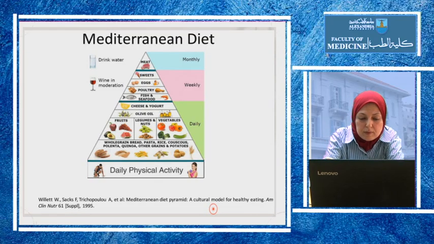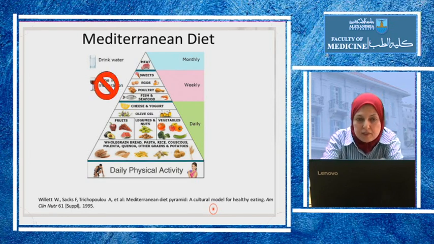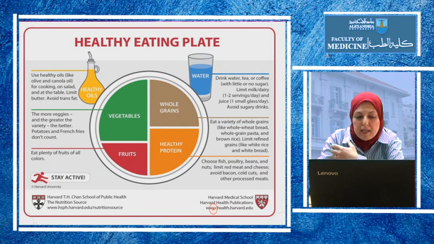The Mediterranean diet has for many years been the healthiest diet for the heart, and wine in moderation was included. In more recent studies, they found that they had said before that alcohol in moderation is also beneficial to the heart and is part of the Mediterranean diet. But actually more recent studies say that alcohol in any amount is unhealthy, so they have removed the wine and the alcohol from the Mediterranean diet. So eating a Mediterranean diet is beneficial, but I think it's more difficult to prescribe it to patients.